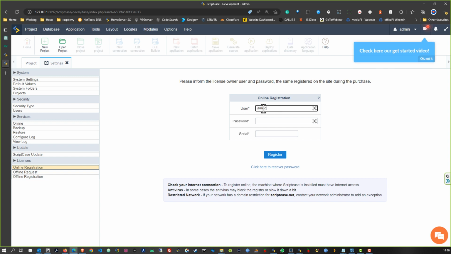So here I will add my username. I don't know what my password is, so I will have to grab that from my password manager. So I will just log in there very quickly, and then I can get my password. Okay, so now that I have my password, I will paste that in there, and then I'll also need my new serial number. So let me dig that up also, and then I can paste that in there, which is not correct. So let me make sure it copies correctly. And there we go. Okay, so now I have entered my username and my password for the Scriptcase.net panel,